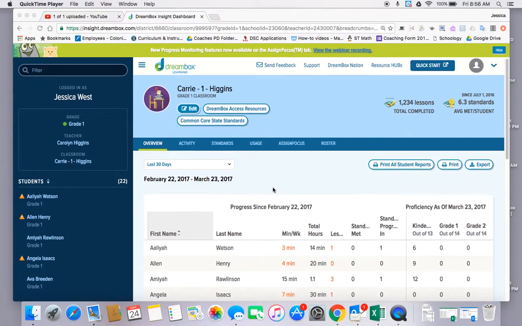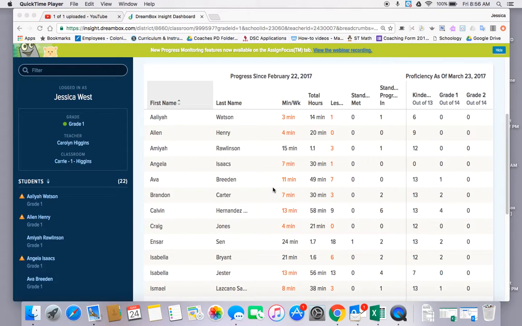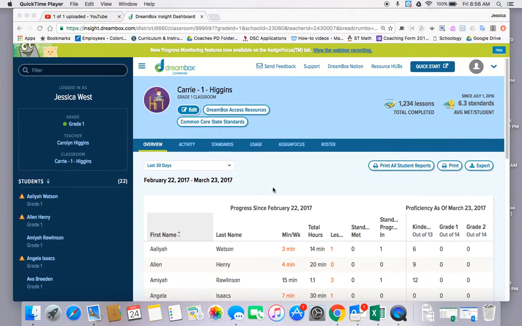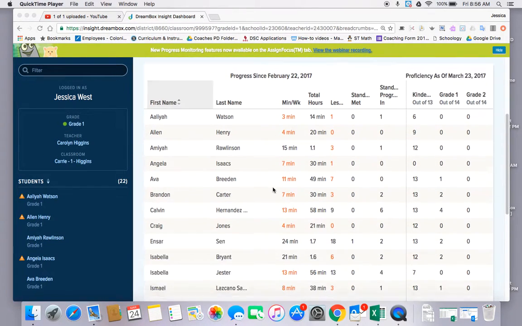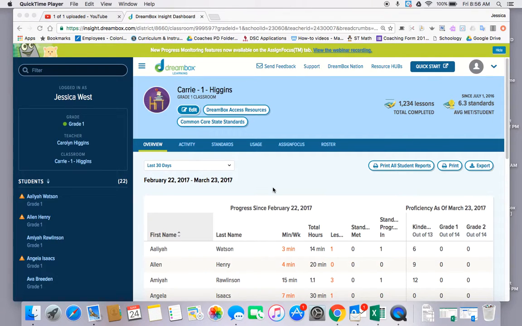So rather than adding assignments to every individual student, I found a way to add the same assignment to a group of students, which makes the organization of it a little bit easier. So if you are in your class, not in a specific student, but I'm just in Mrs. Higgins' class,